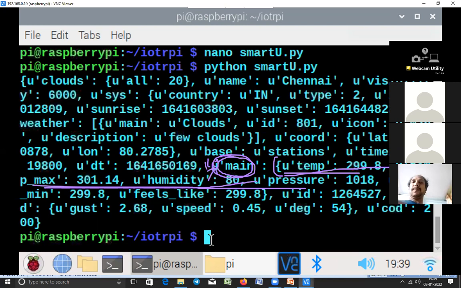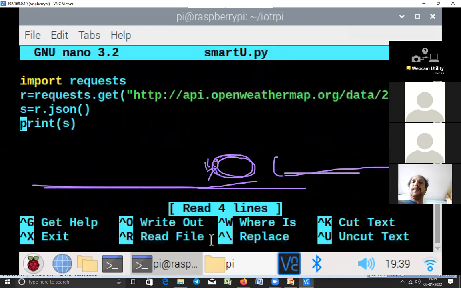So we'll try to write that in the program. All of you, try to write this here. Print S of main. So this main is the key. For this key, we have temperature, humidity, all the values in that particular value.